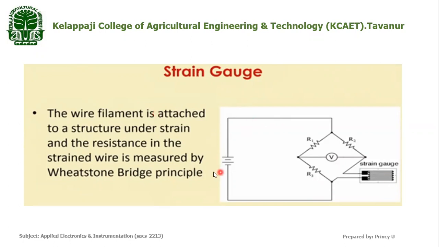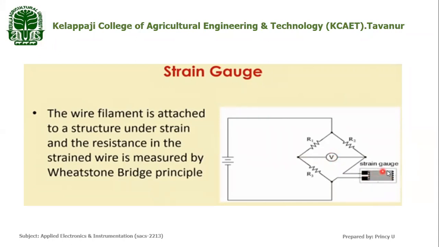We have to use another external source to produce a corresponding voltage which is proportional to the force or stress or strain applied to that instrument. So this is the strain gauge. The end of the strain gauge wire is connected as one arm of a Wheatstone bridge and we are applying a voltage across it. Okay, so initially there is no strain. So this Wheatstone bridge is at a balanced position. So the reading of this voltmeter is 0.